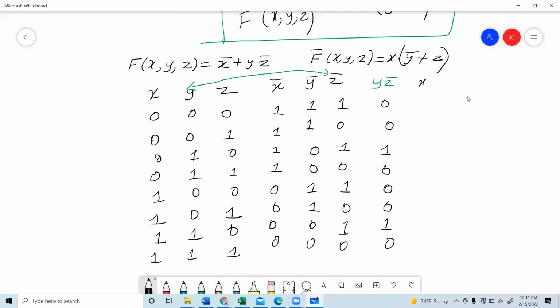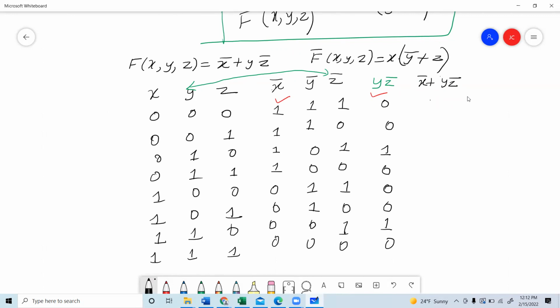Then we want to find x bar, y bar, z, because this is for the f, right? F is given there like that. So for that we have to combine this with this. So we have to look at this column and then this column. I'm putting a tick mark, or maybe different colors. I think I got this from the textbook only. I put a tick mark. I have to look, and this is an OR, right? OR gate. We are ORing it. So what I will write is basically here it is going to be